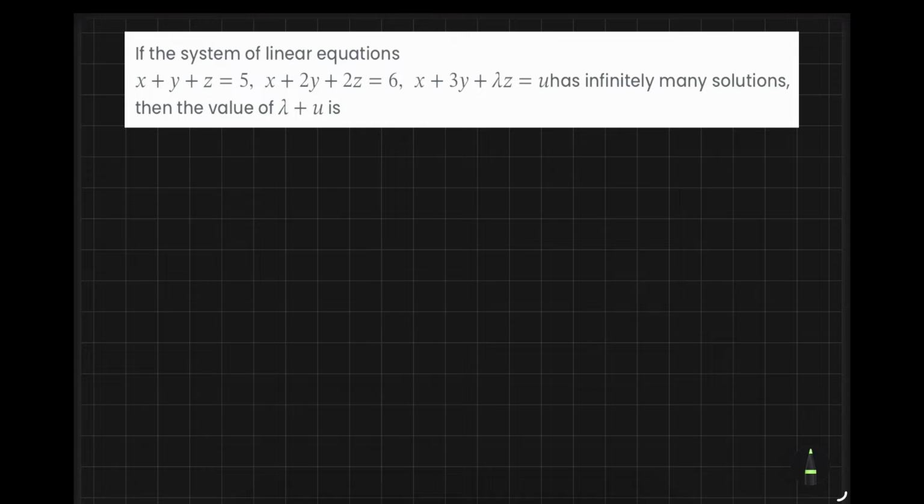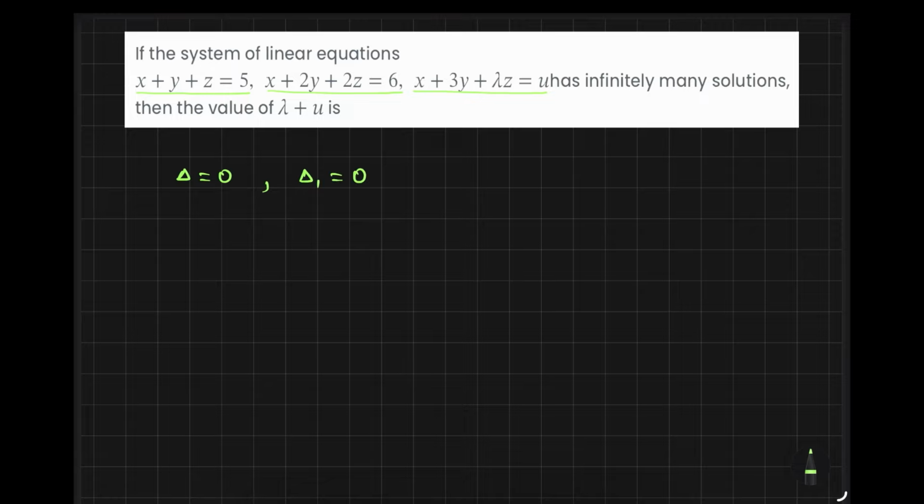So we are back with a wholesome new question which says: if the system of linear equations, equation 1, equation 2, equation 3, has infinitely many solutions, then the value of lambda plus u is? Okay, we will calculate. So first you should recall that the condition for infinitely many solutions is D equals 0 and